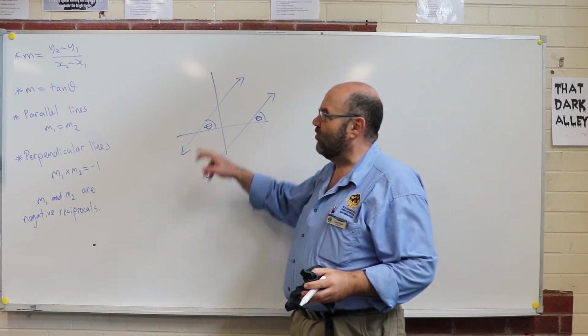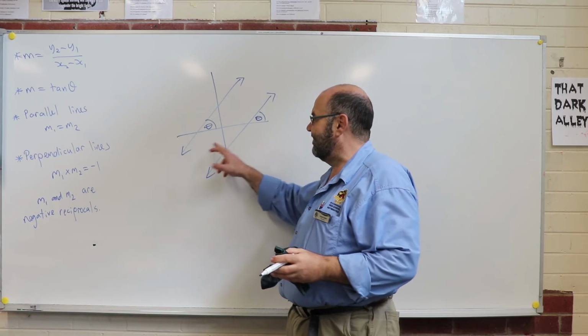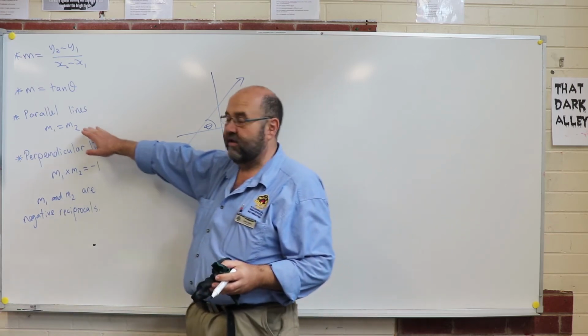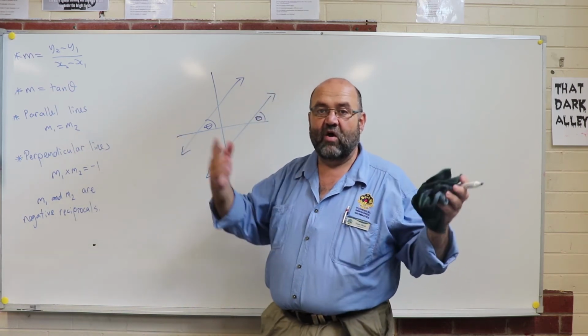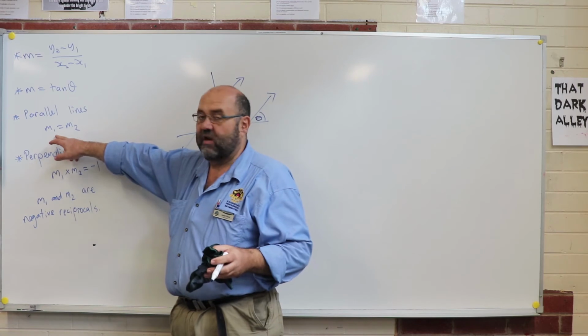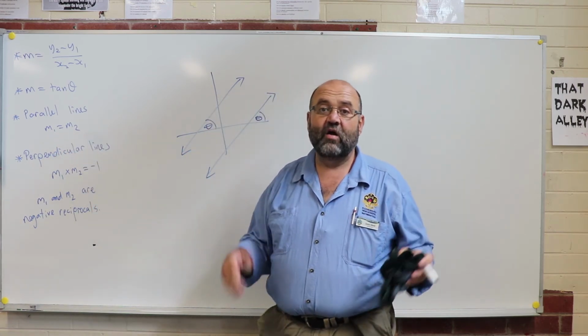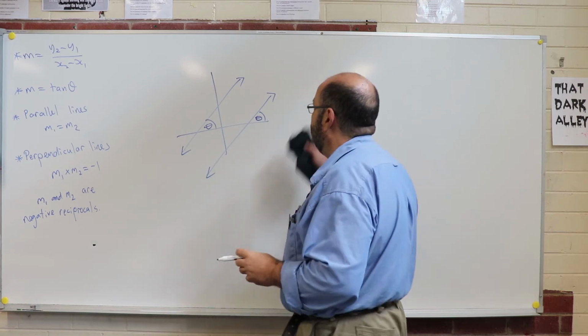If the gradient is tan of theta, and theta is the same in both cases, then parallel lines have equal gradient. So if I have two lines and I want to know, are they parallel? I ask myself, is the gradient of one line equal to the gradient of the second line? If they are, I've got parallel lines. Okay. And then finally,